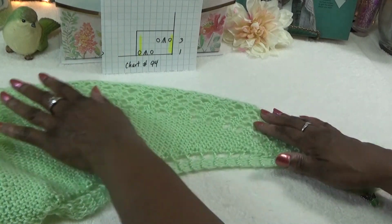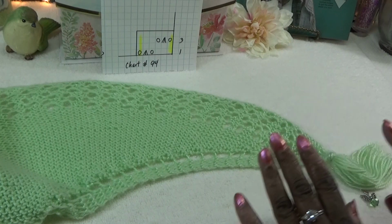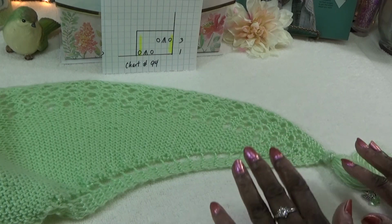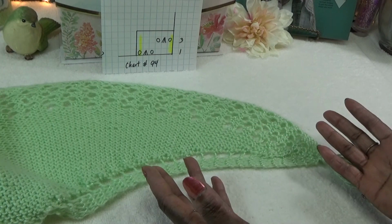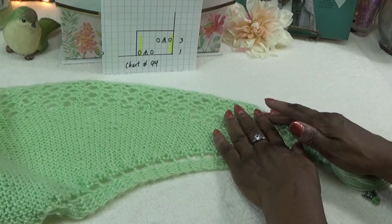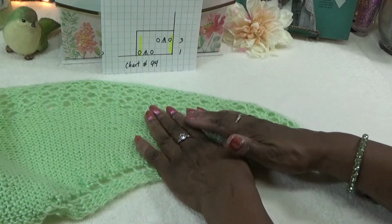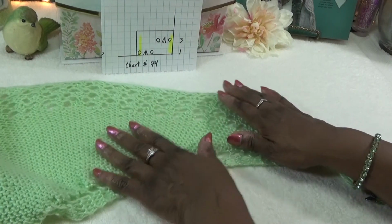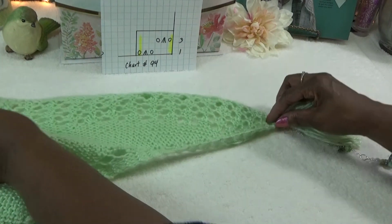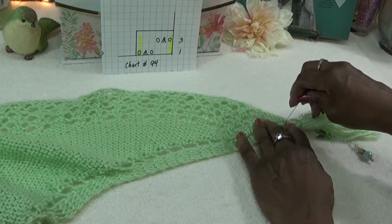Now once I bind it off, then this is when I take it to my ironing board and we do our steaming. Depending on the makeup of your yarn, or what kind of fibers are in your yarn. I just use plain simple yarn, so all I have to do is turn it on the wrong side, take a pillowcase or a dinner napkin, lay it on top, take my iron and steam it, and then while it's still warm or hot, I hand press to kind of pull it out. I do set the point. I do take a pin, straight pin or something, and pull this point out and set it with a pin